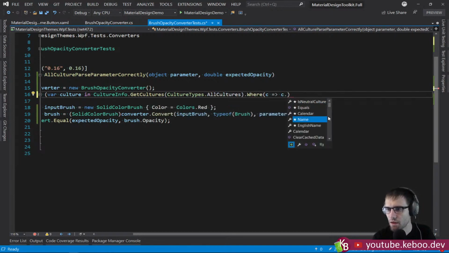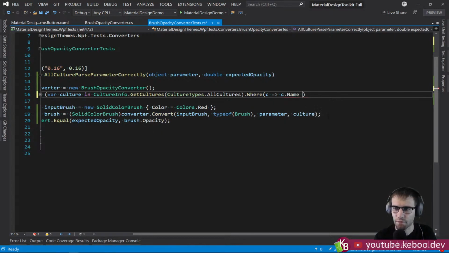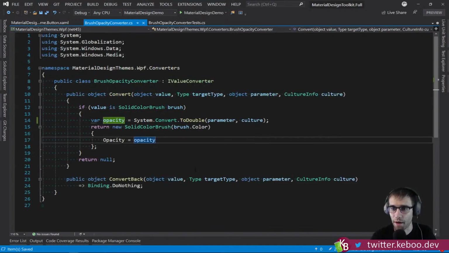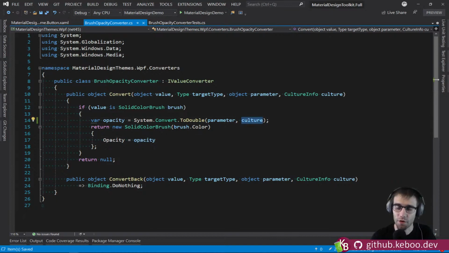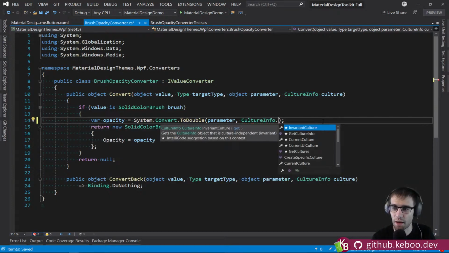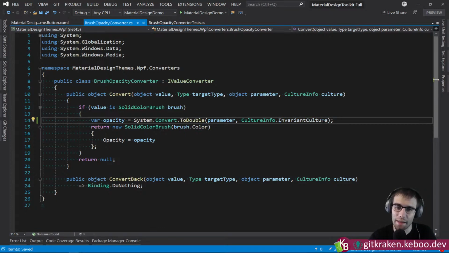Let's see. I think I want to do just name. Well, regardless, let's just apply the fix and verify that it works. So Portuguese, specifically Brazil, is one of the problematic ones that will do it. So the solution here is switch this guy from doing the current culture, which is what you're going to get here,